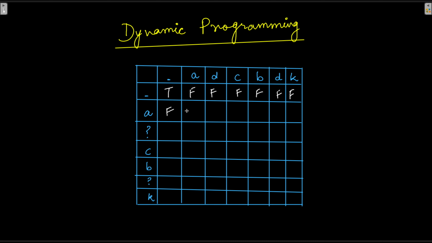Then A is matched against A. So A is a match as well as the previous string to A, here. Pattern as well as the string is T. So because this was T and there is a match for A and A, I'm going to write T here. And then for rest of them, it is going to be F.